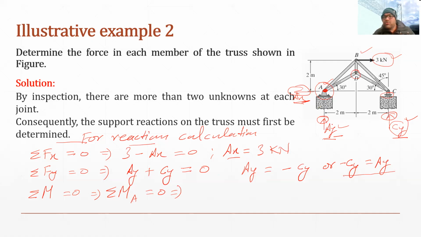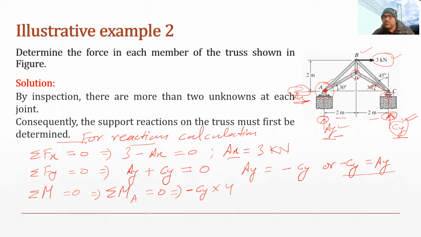Similarly, moment due to AY will be 0 because the line of action is again passing along the A. Now, moment due to this reaction, if I am assuming that this is upward, so moment due to reaction CY, so I am writing here CY multiplied by the perpendicular distance, which is 2 meter plus 2 meter, 4. Now you can see moment due to CY about A, it will be anti-clockwise. So I am putting the negative sign here.